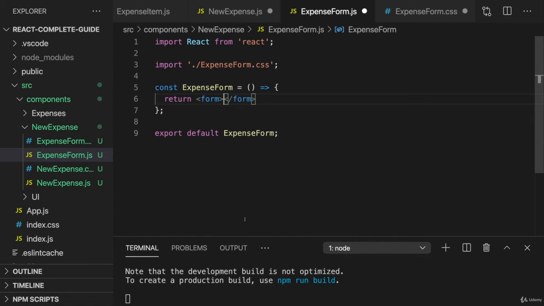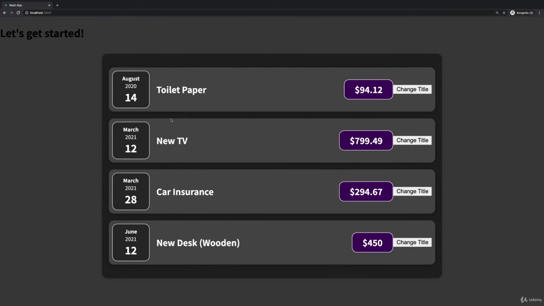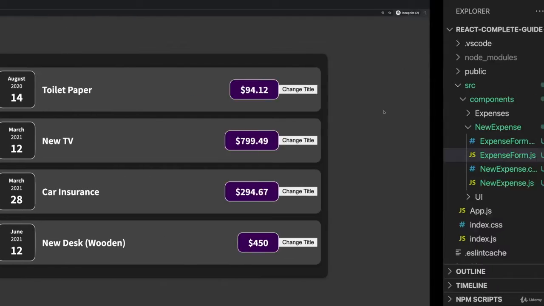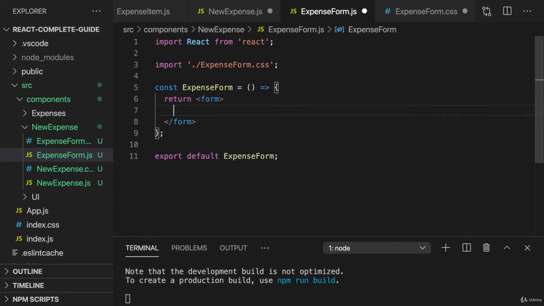Now, when it comes to structuring the form, for gathering expense data, I want to let users enter a title. I want to let them enter a date or pick a date with a date picker. And of course, users should be able to enter the amount. So we'll need 3 input fields. And for styling reasons, I'll put every input field in a div, where the div has a class of new-expense__controls,